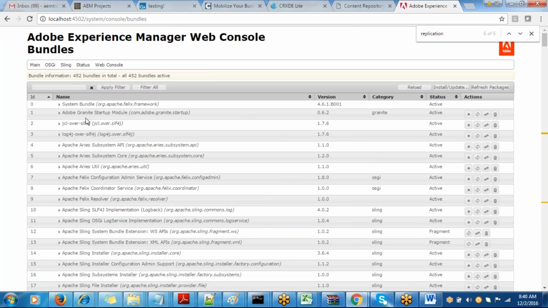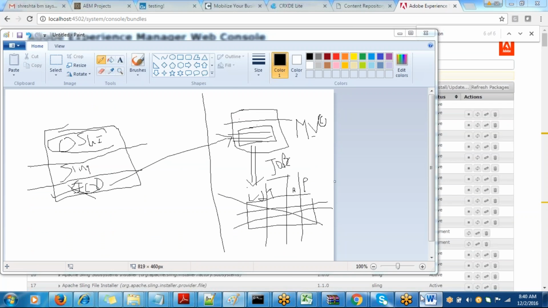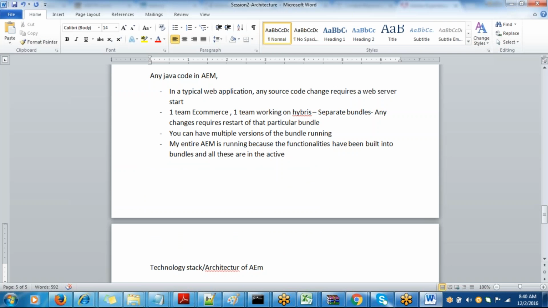You agree with me? Somewhere in the backend I should see this jar file so that I can go and view the source code. Very important point. So the bundles, where are they stored? These can be your interview questions. The next question is, where are the bundles stored in the backend? So in the backend, when you start the server, bundles are stored